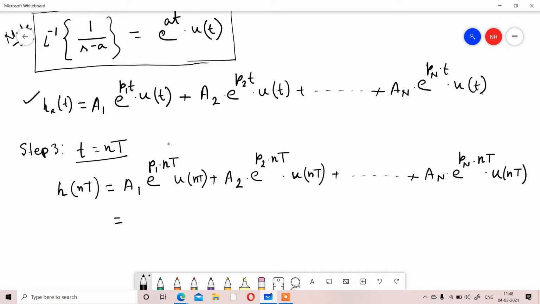So if we write this in the summation format, a varies from 1 to n, summation k equal to 1 to n. A varies from 1 to n means ak, when k equal to 1 that will be a1, when k equal to n that will be an, multiplied by e to the power pk